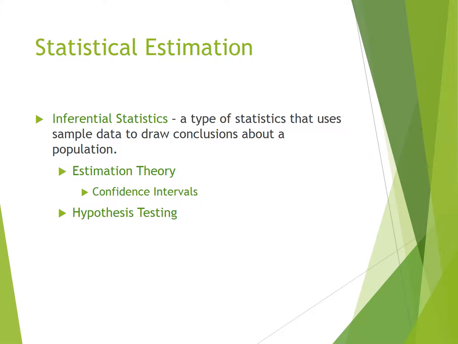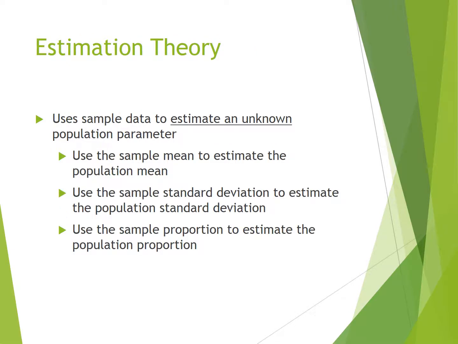So the first thing we're going to look at is that there are two types of inferential statistics that we'll concentrate on in this class. One is estimation theory, and that's confidence intervals, and that's what we're going to be doing in this chapter. And then after this chapter, we'll be looking at hypothesis testing. So estimation theory uses sample data to estimate an unknown population parameter. So it uses the sample mean to estimate the population mean. It uses the sample standard deviation to estimate the population standard deviation, and it uses the sample proportion to estimate